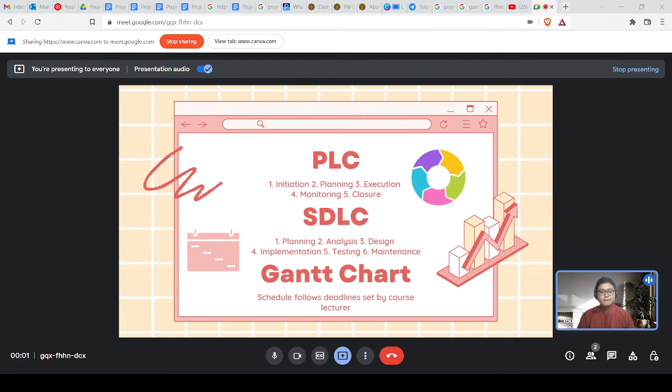Since we have two team members, the project manager will prepare the document, and the project engineer or developer will go and do the labor of gathering requirements, making the website together step by step. Initiation and planning, we gather the requirements together, and then the project manager documented. And then for planning,